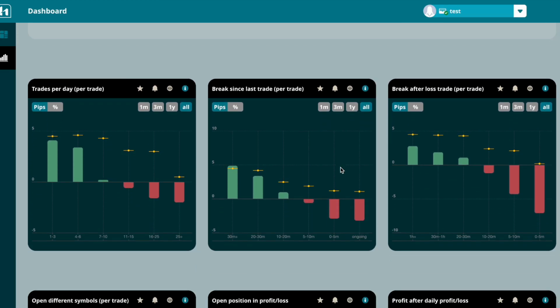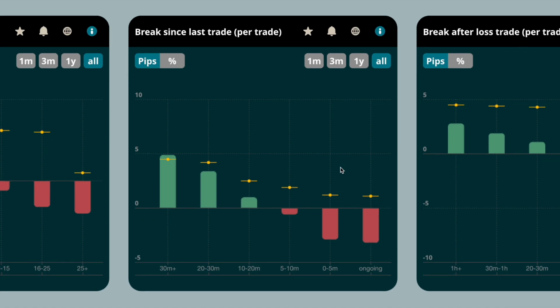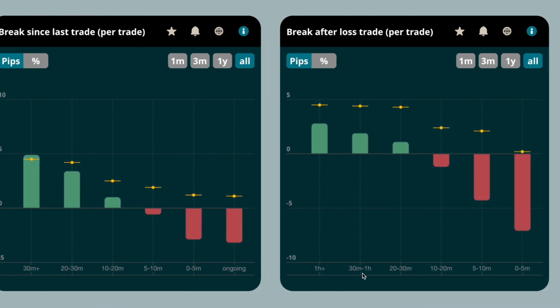We will have a look at some traders' performance as we did in the break since last trade analysis. To quickly recap, the trader did show a correlation between the break in between trades and the average performance of the trades. The shorter the break, the less profitable the trader was, with very short breaks even leading to an absolute loss on average. As we can see in this chart, the same correlation can be detected in the break after loss trade chart. Therefore, we can derive that at least part of the problem is that the trader only pauses very short after lost trades.